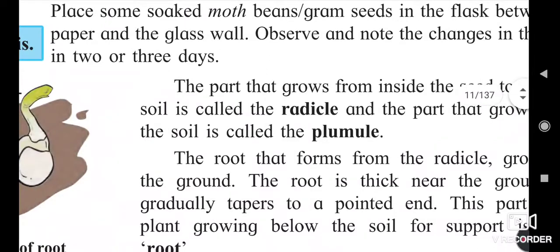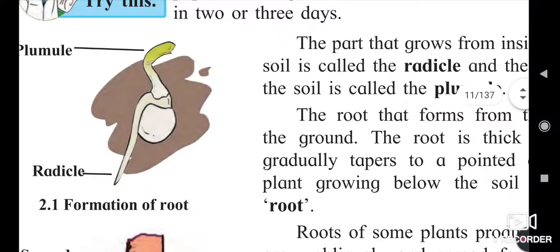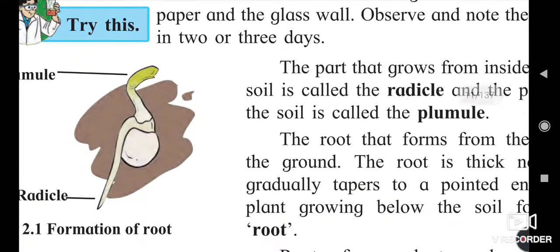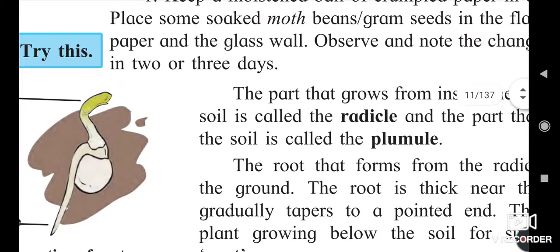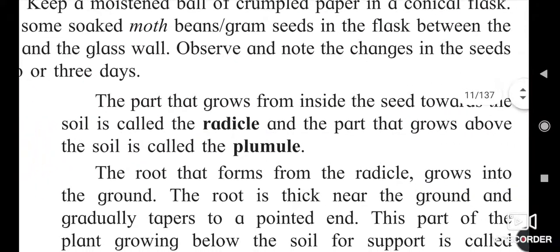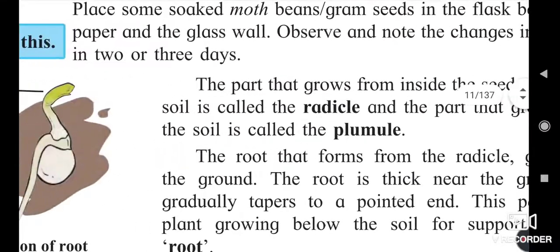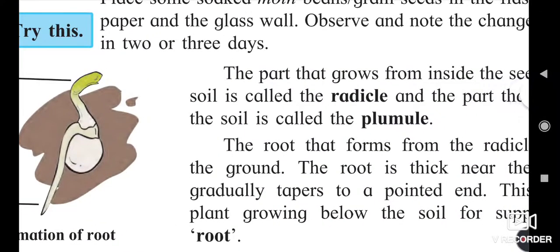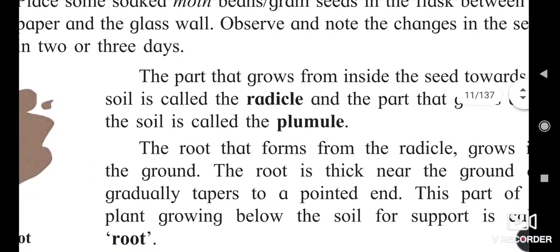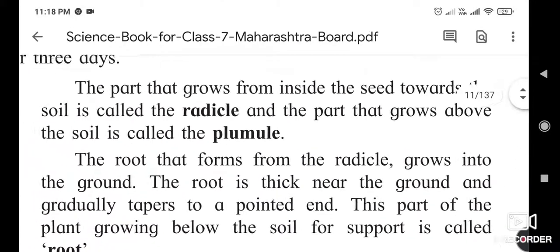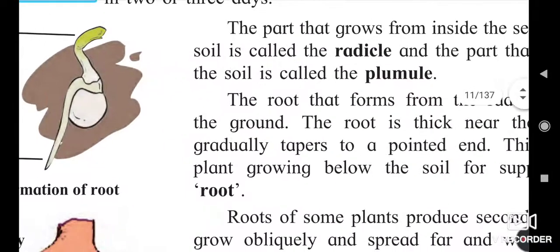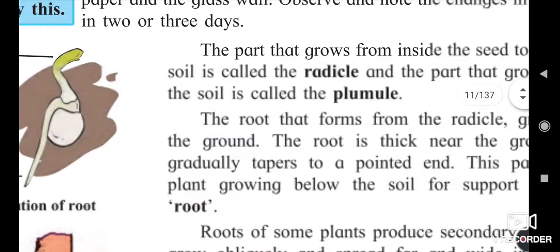Okay, look at this picture. The part that grows from inside the seed towards the soil is called the radicle, while the other part that grows above the soil is called the plumule. The root that forms from the radicle